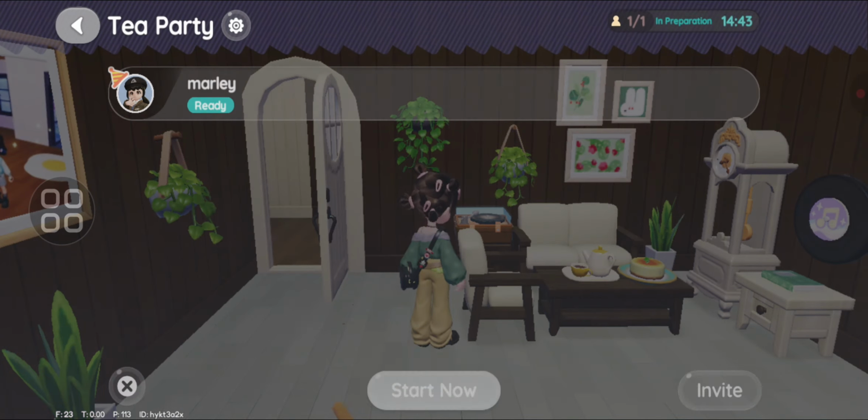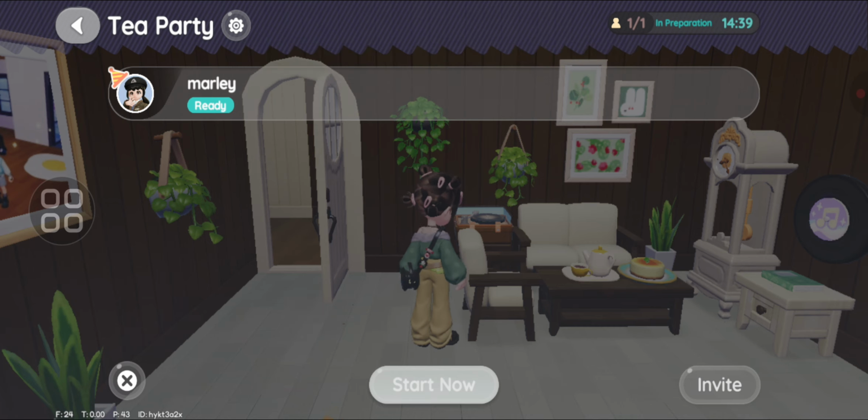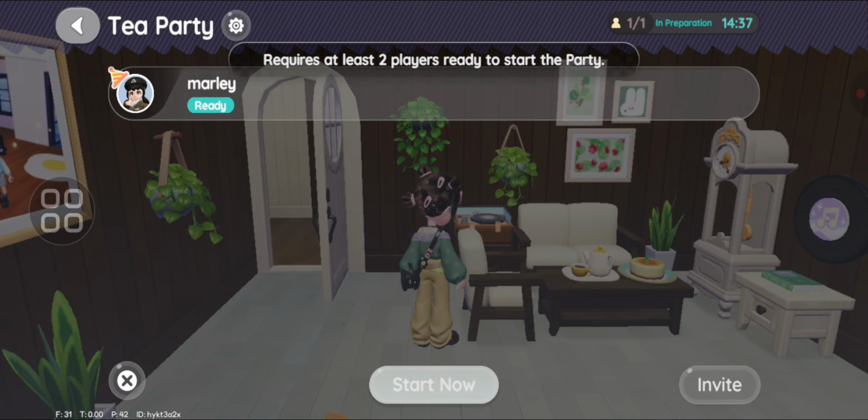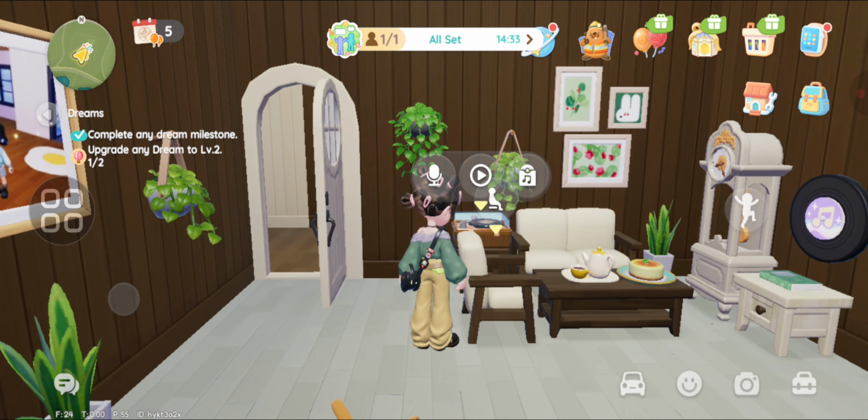Okay, and then I'm going to start now. Oh, requires at least 2 players. Yes, I need to wait for the players. But yeah, that's basically how you can throw a tea